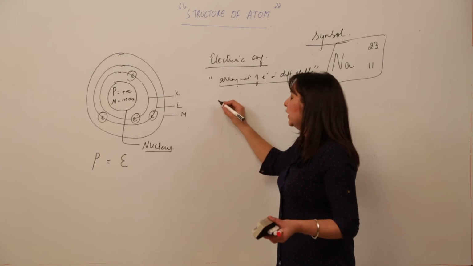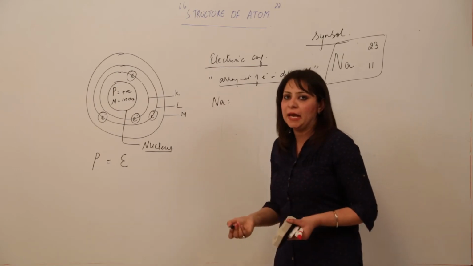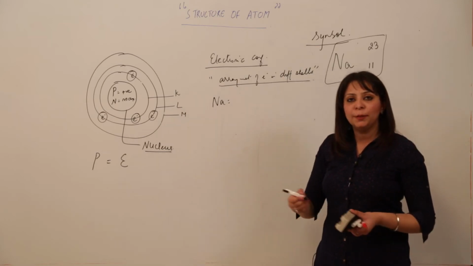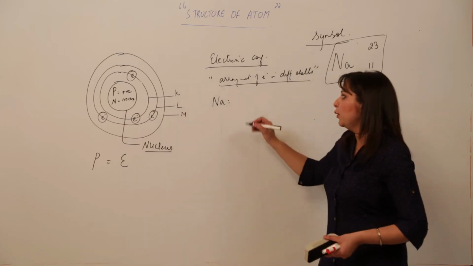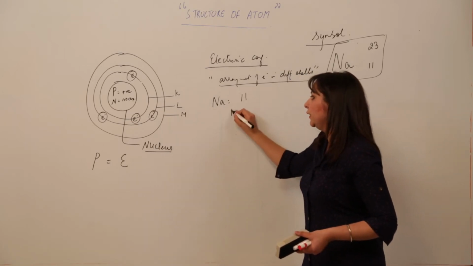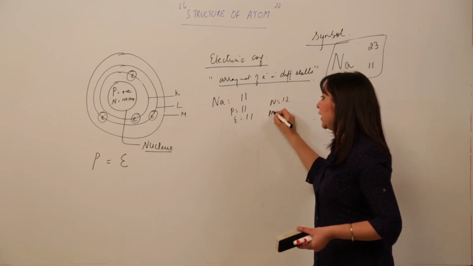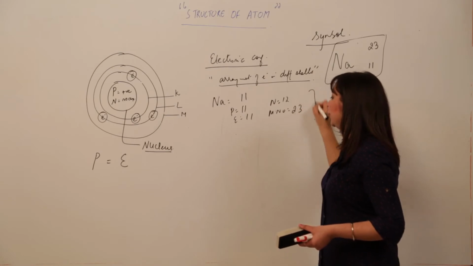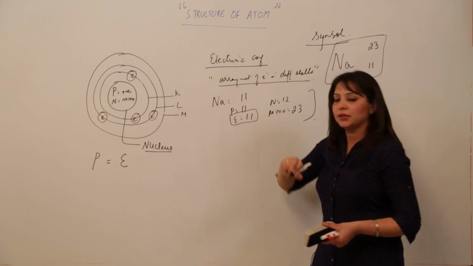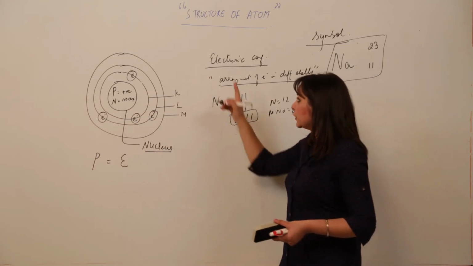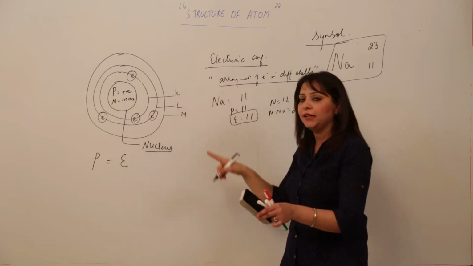Like we take an example of sodium. Again we are taking an example of sodium, then we will take some other example, because you are familiar with its atomic number, mass number and number of neutrons, so that is why I am taking the same example. So look at the board, atomic number is 11, so I told you proton 11, electron 11 and neutron 12, mass number 23. This you already know how it comes. So how are these electrons arranged? The electronic configuration shows us how the electrons are arranged in the definite orbits.